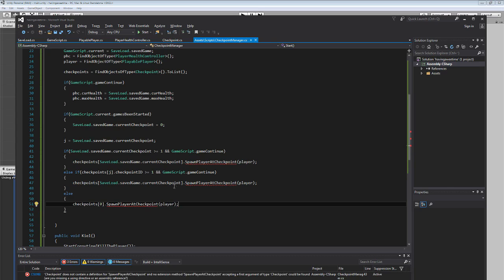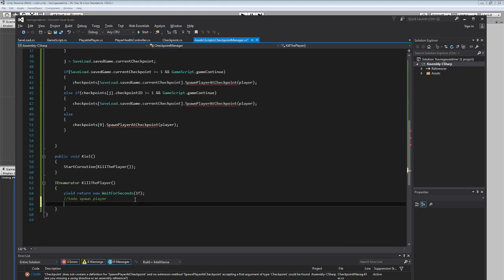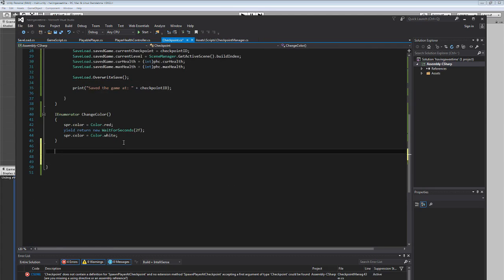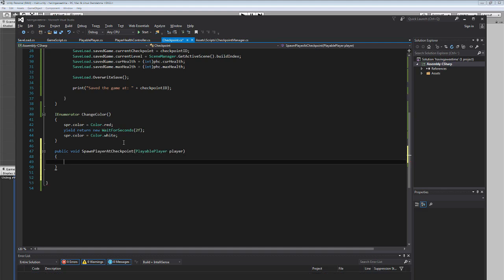Alright. And down here, when you kill the player, you say checkpoints dot save load save game with current checkpoint dot spawn player at checkpoint player, and then we go into the checkpoint script, and down here we say public void spawn player at checkpoint playable player, and we say, oh, we also need to do this,